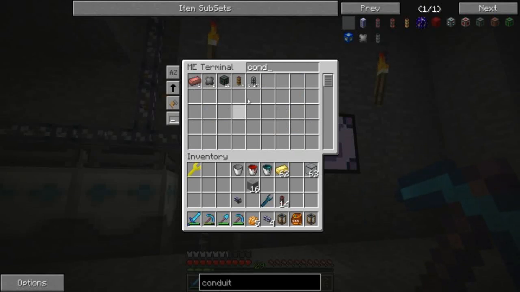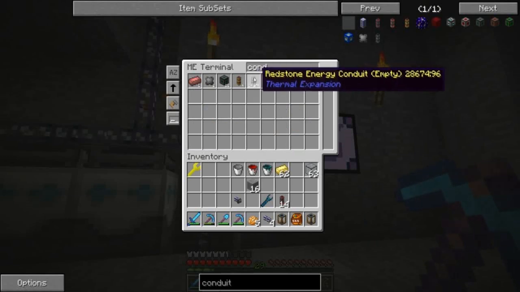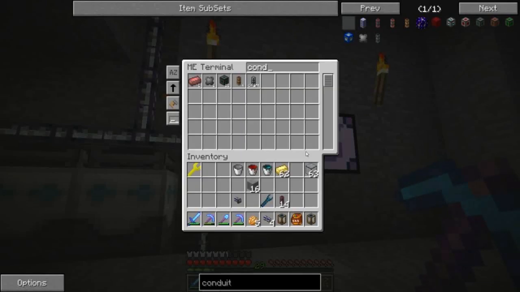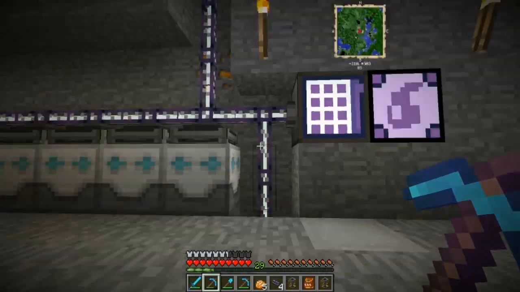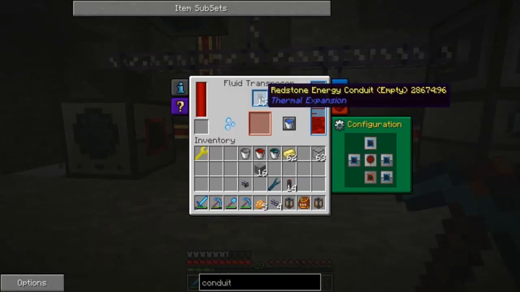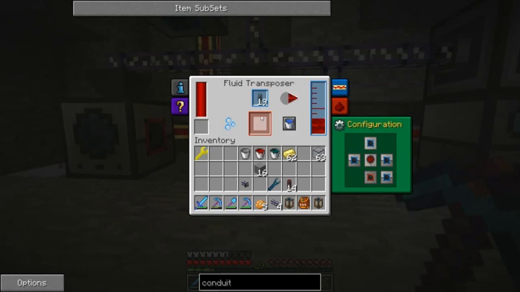I've only got the recipe for the empty conduit, but every piece of empty conduit I make will automatically get filled up. So if I say, give me a half a stack of this, it's going to craft, and as soon as it does, it's going to send it over to the fluid transposer, and it's automatically going to get filled up. The only problem with this is